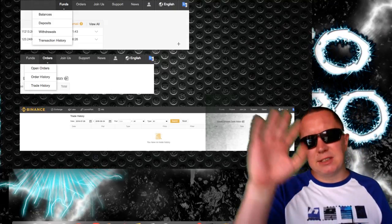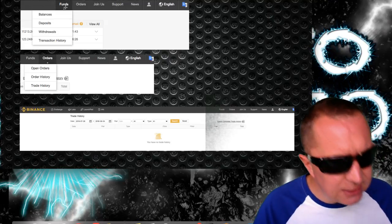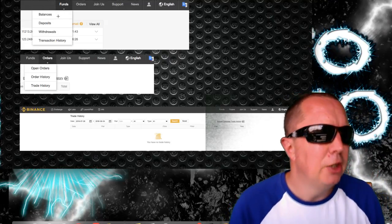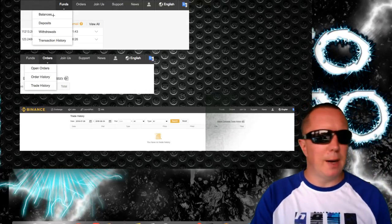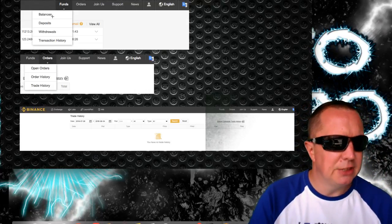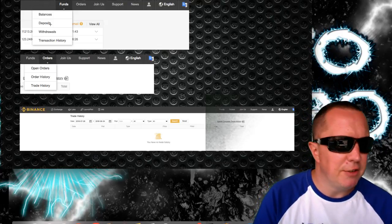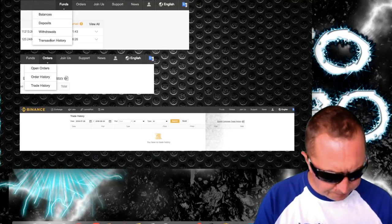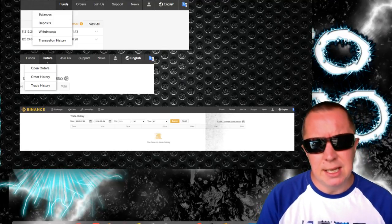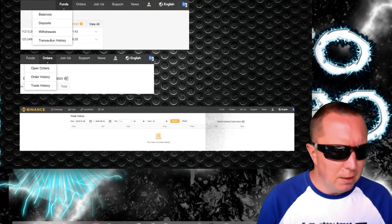Now in the top right hand side of the screen, if we go back to the home page, you're going to see funds, and if you highlight funds, you'll be able to see your balances. The balances will give you a complete list of all the coins you own, how much money you've got, etc. Deposits will bring up all the deposits and withdrawals that you've made, and your transaction history. Transaction history is very important for being able to do a tax return,